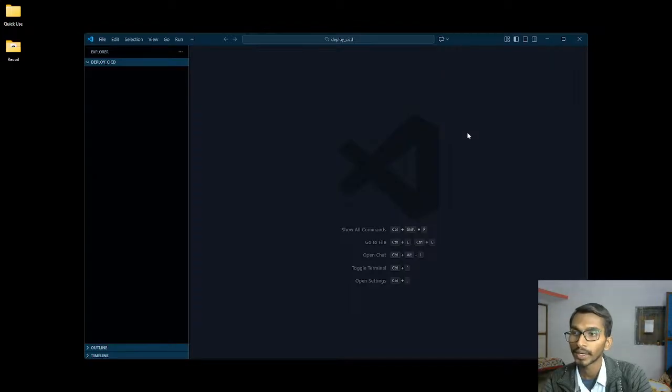This is done, and then similarly we have two instances. The first one is the development instance, the second one is the production instance. In the development instance we have to push via main, and in production we have to push via production. And apart from this, anything else?